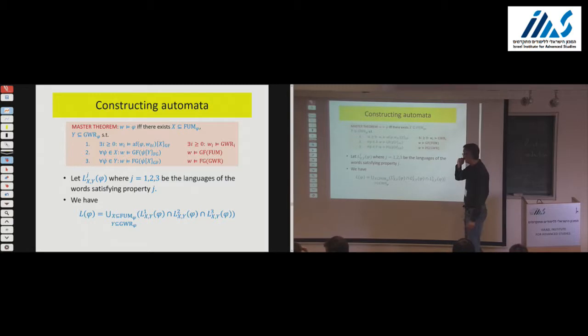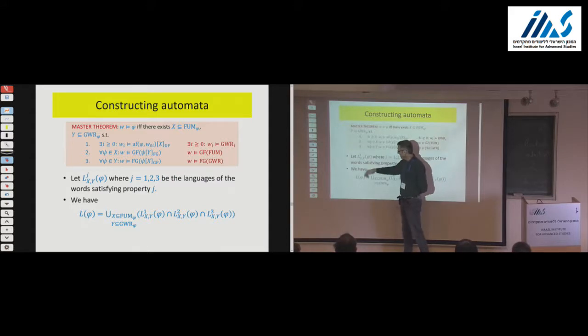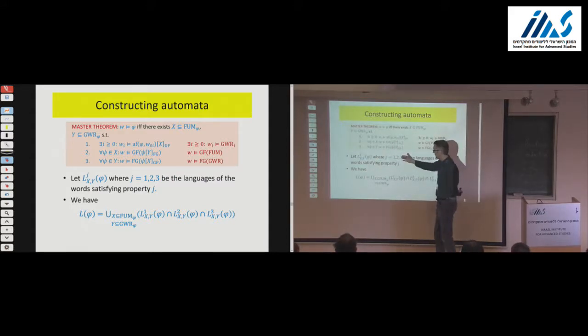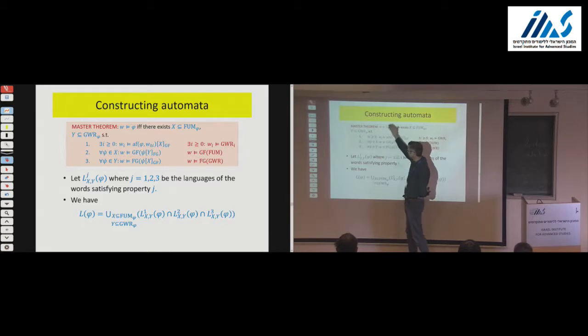Okay, so the first idea is very simple. Let's introduce this language, L for an X, a Y, and a J of phi, where J is 1, 2, 3, and this is going to be the language of the words that satisfy, for a certain choice of X and Y, the property J. So you fix an X and Y, and then you see which words satisfy 1, which words satisfy 2,